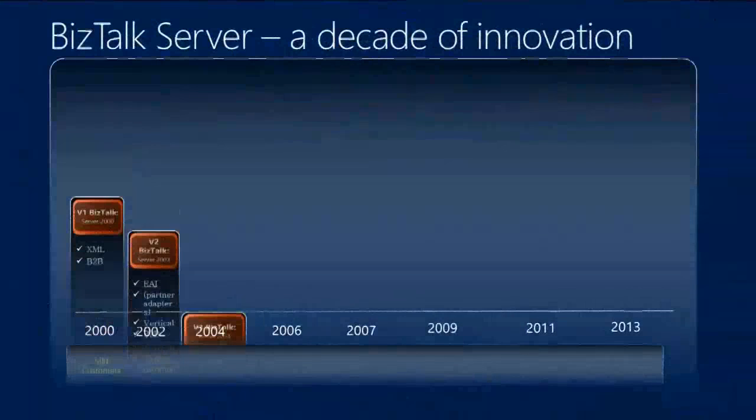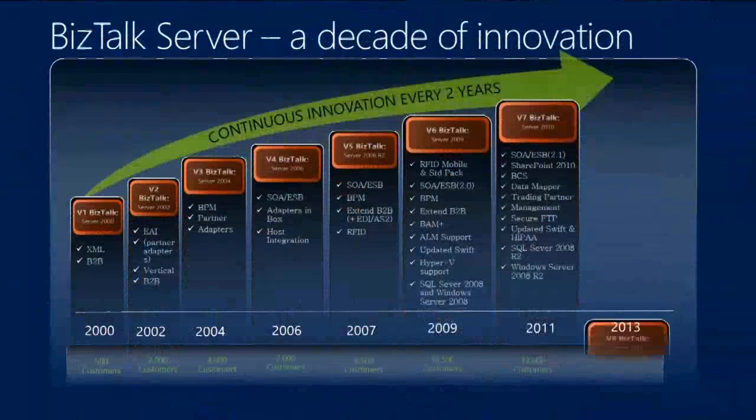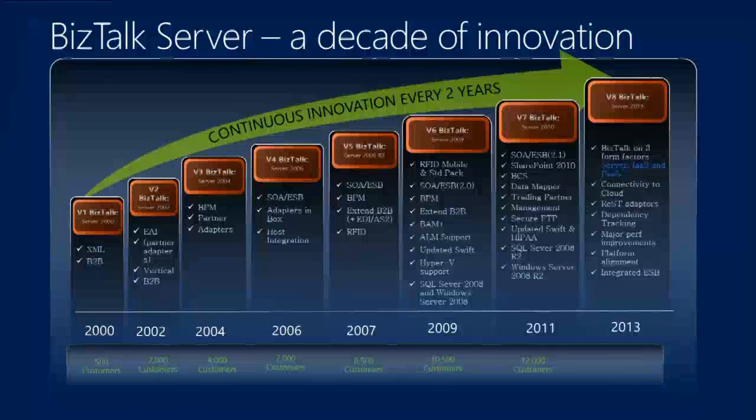So this is a quick snapshot of the various releases. As I said, the first release came out in 2000, and by 2013 we have had about 8 releases. Historically, the product has had between 18 to 24 months of a release cycle. So most of the releases in BizTalk, if you look at it, look very incremental. It doesn't look like an earth-shattering change. And there is a very strong engineering reason for that, one of the things being backward compatibility being a core pillar of it. So we cannot afford to go and change things rapidly or rampantly because you need to maintain that backward compatibility. But in spite of it, there have been lots and lots of changes.